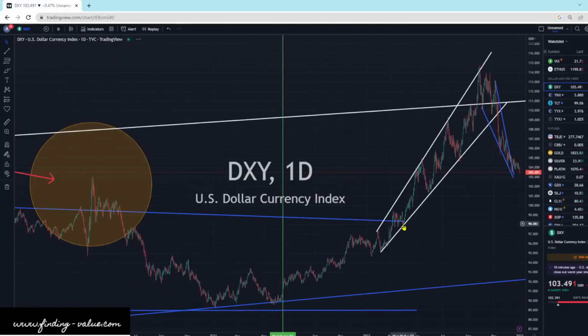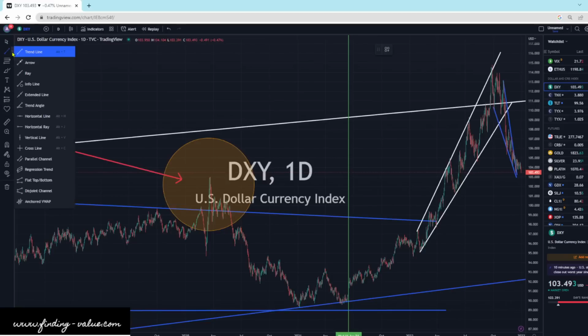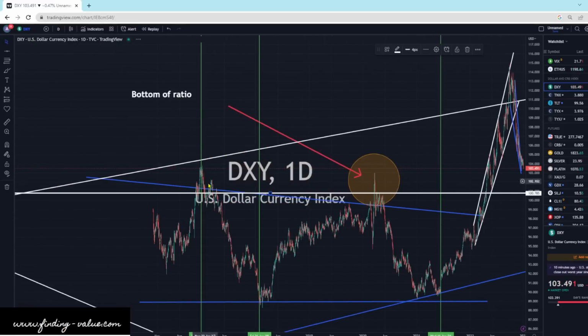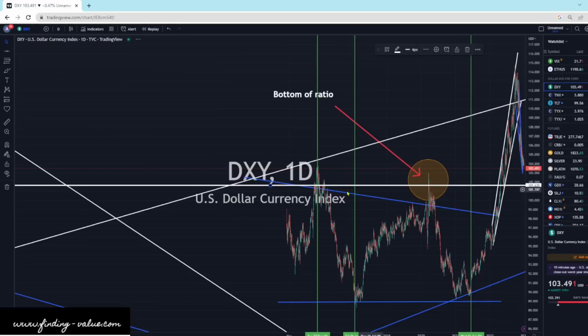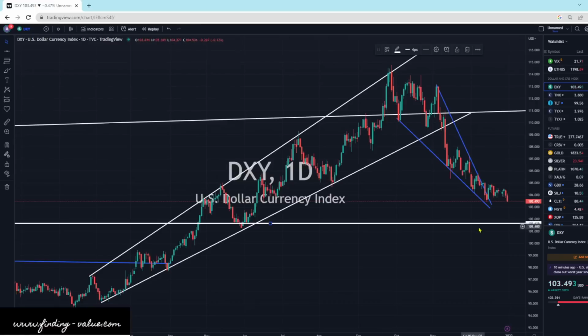And usually what you want to do is look left to see where there's support. There's support in this general vicinity. If I do kind of a horizontal line here, somewhere in this line here, there's some decent support there. There's a little bit above it too. So there is support underneath us, coming through here about 100, a little over 100 on the index. But nonetheless, it looks pretty weak.